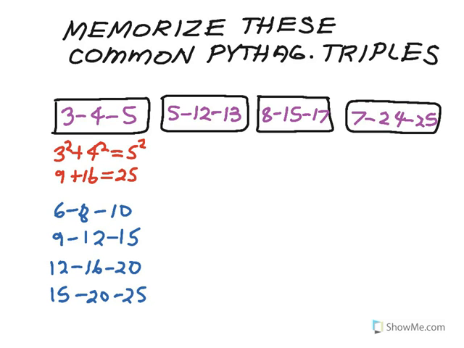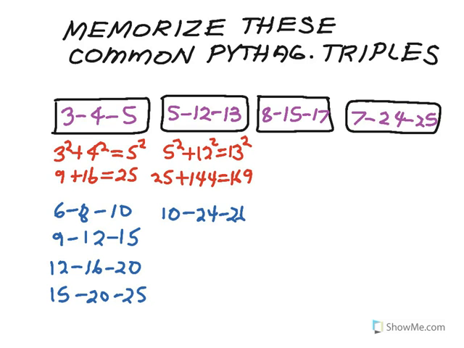Next we have the 5, 12, 13. So let's prove 5 squared plus 12 squared is 13 squared. Notice I always know that the longest side is the hypotenuse. So this is 25 plus 144 is equal to 13 squared, which is 169. And that's true, that works. So the 5, 12, 13 is one to memorize. And again, multiples of 5, 12, 13. If we were to double each of those, I would have a 10, 24, 26,